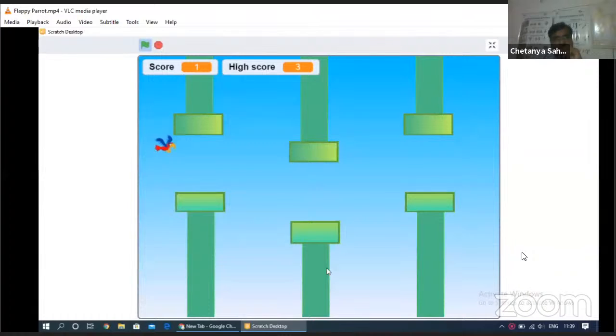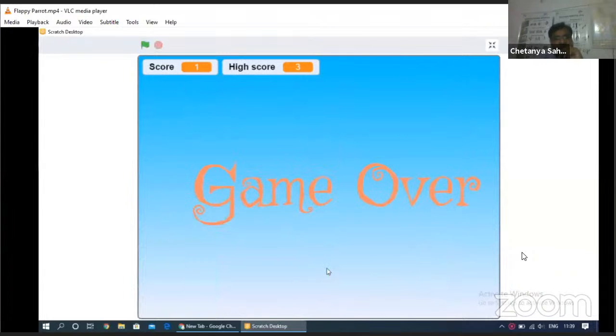And based on the number of pillars it passes, the score will change accordingly. It also shows whether your score is equal to or less than the high score. If your score is more than the high score, then the high score will be replaced by your current score. And at last, there is a game over screen which shows